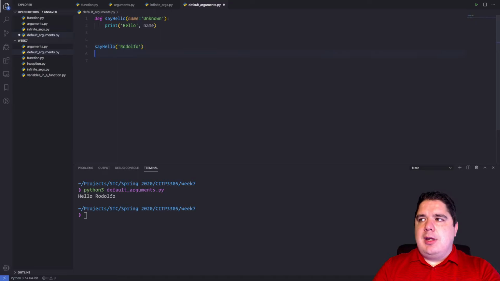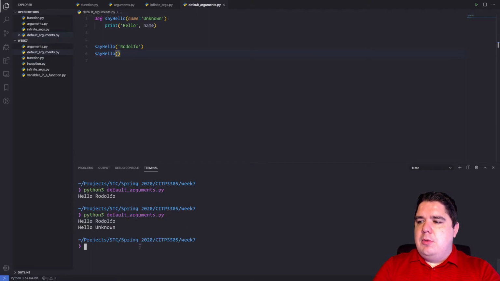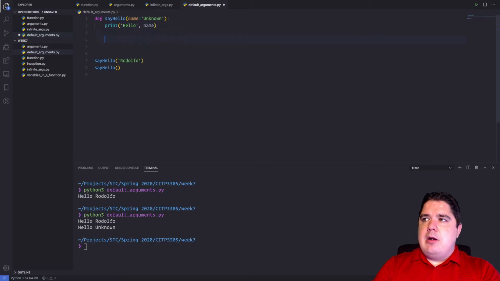But if I execute this again without actually sending anything, instead of giving an error like we saw before, we will have something different. We have the default value assigned. This is a way to actually sanitize your input a little bit and define a value for a specific function. Let's think about elevate to power, and we say a number is going to be 0 by default and power is going to be 2 by default,